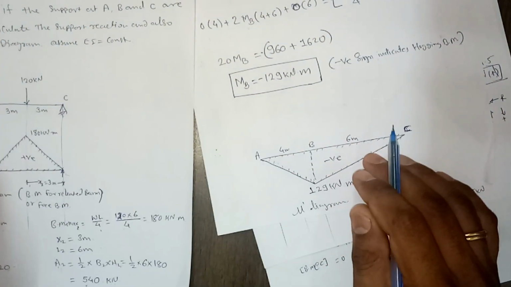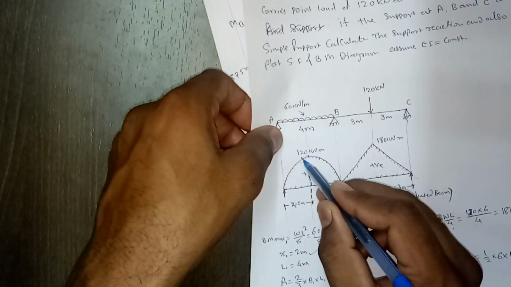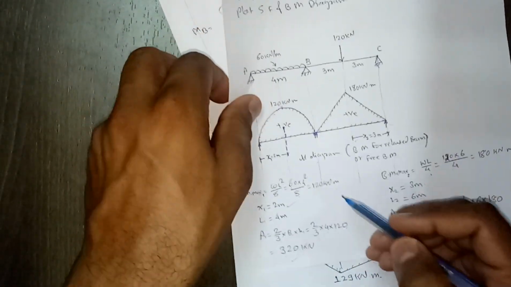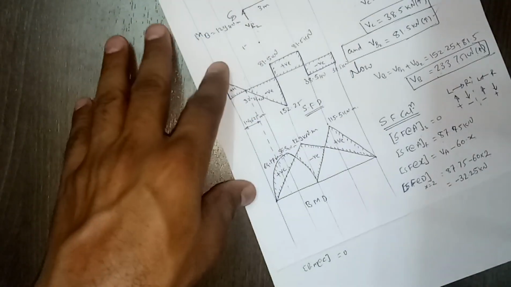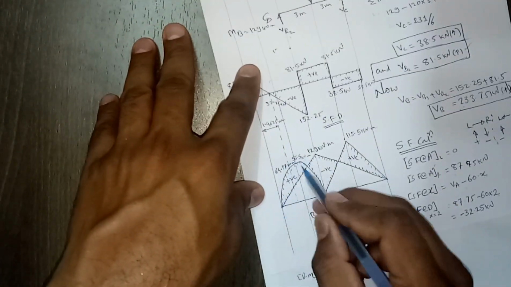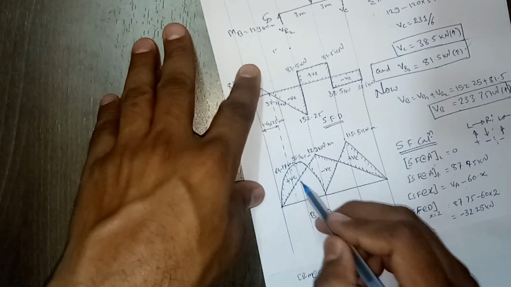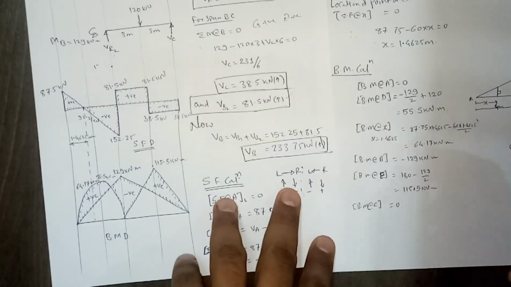So if we overlap these two, easily we can get it, but the ordinate we have here is 125. When we overlap this portion, the positive and negative will cancel each other, and we'll get the resultant bending moment. So this will be the resultant bending moment. Now this critical bending moment we need to calculate. That's how this bending moment calculation is also important here.